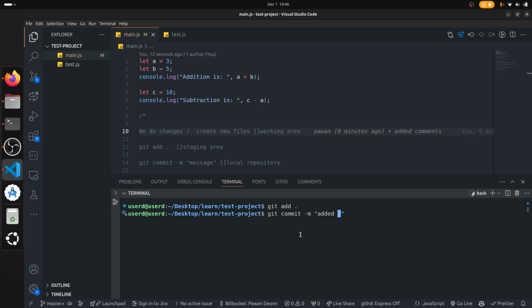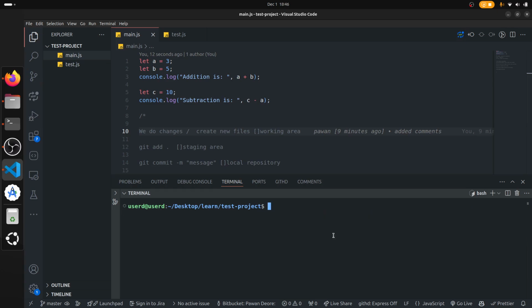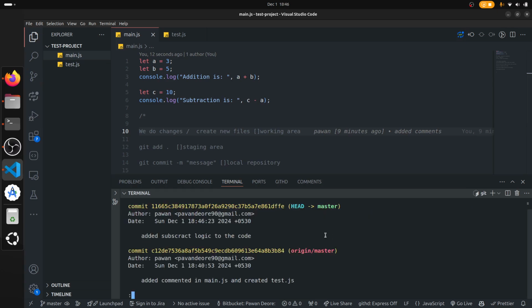Subtract, yeah. Let's go with that. It's not important for the spelling right now. Added subtract logic to the code. Okay, we did that. I can do git log, and then